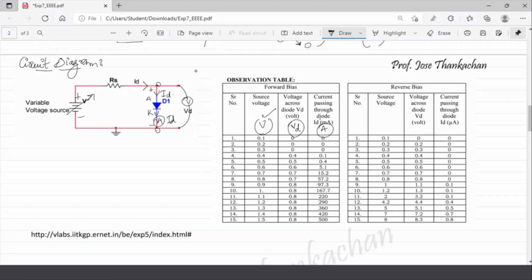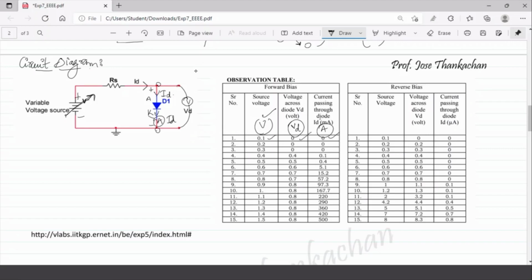Now we connect a milliammeter here because the currents are in milliamperes, to make it in the measurable range. So what are we varying here now? We are varying the source voltage. We start with very small voltages, 0.1. What will happen? This voltage is lower than the anode to cathode barrier potential. It is not enough to overcome this barrier, so it will still be in the forward bias condition but not conducting the current. So current is 0, leading to the voltage across this device also being 0.